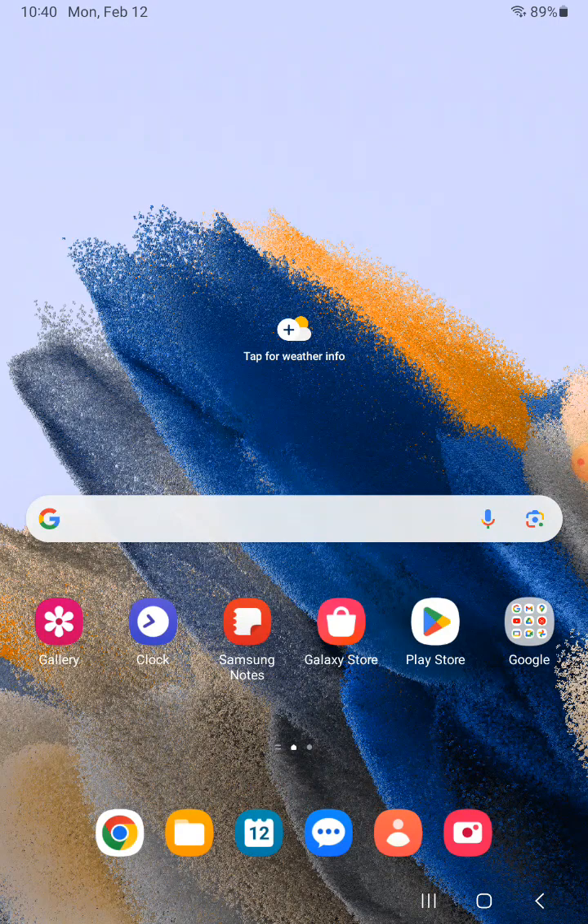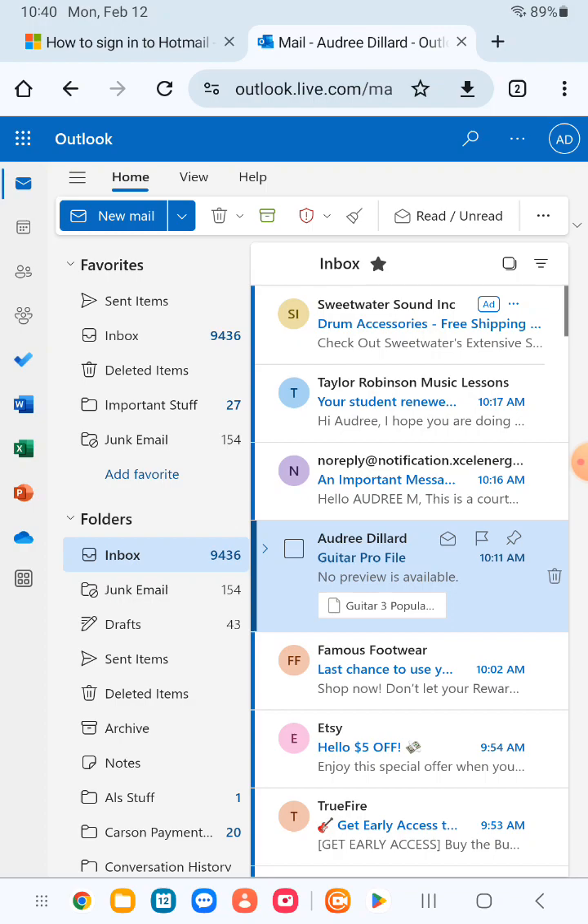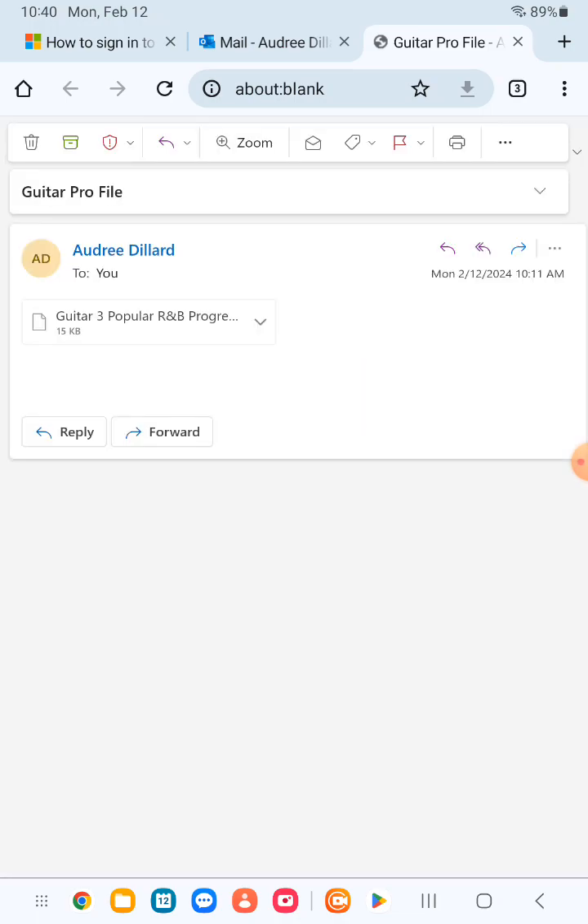So I will send you guys a file, and this is how you'll be able to download and bring your file into Guitar Pro. So I'll go over here, and my file is right here that I've sent to myself. I'll click on here, and now I'll click on it, and it'll give me the option to download. So I'll press download,